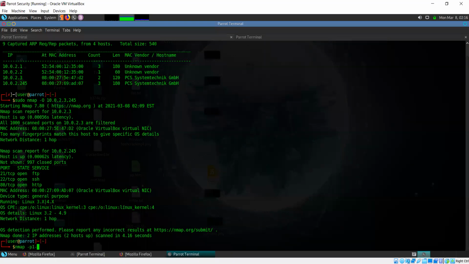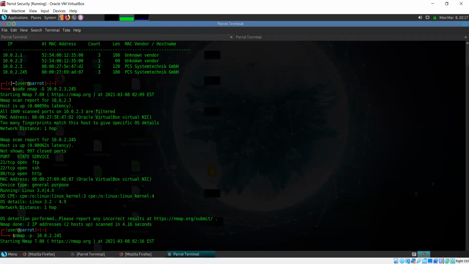For example, for all ports, I either specify the full range, or there is a shortcut: just write -p and add a hyphen after that. It's going to take that as all ports. And the target IP, and we run this.